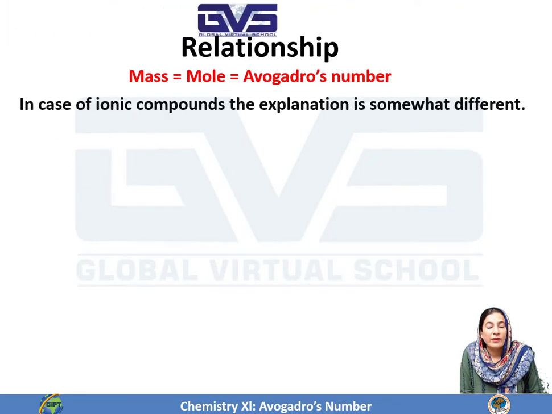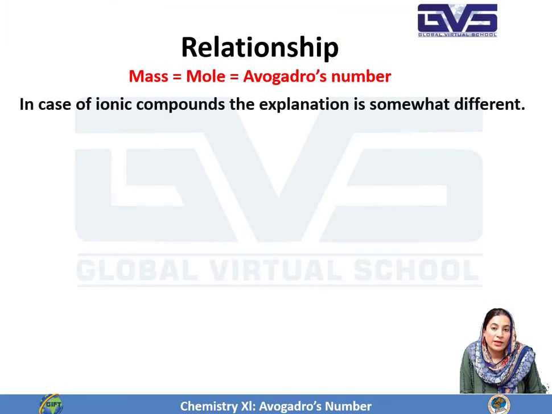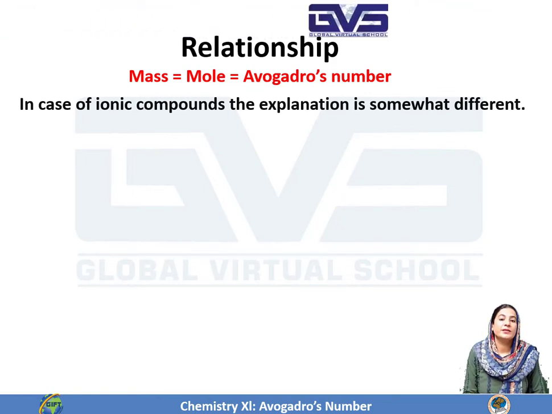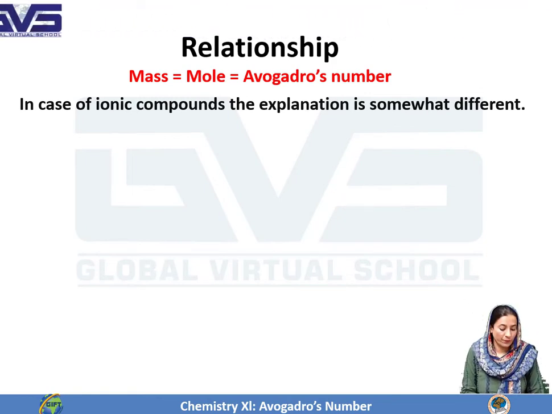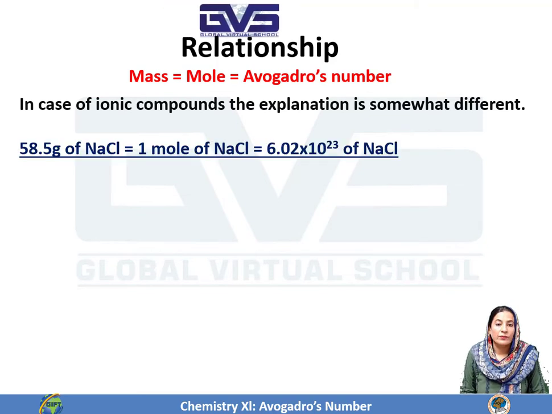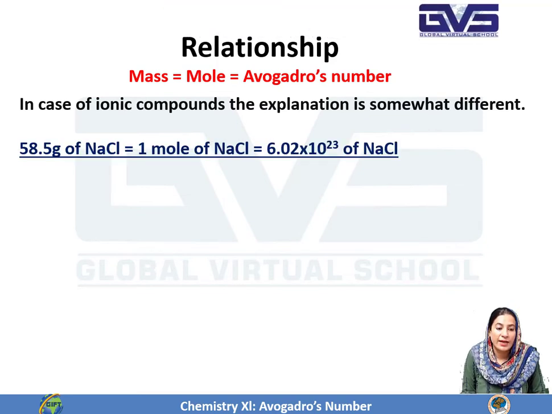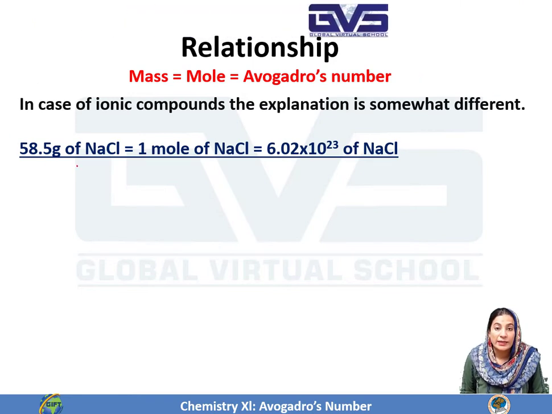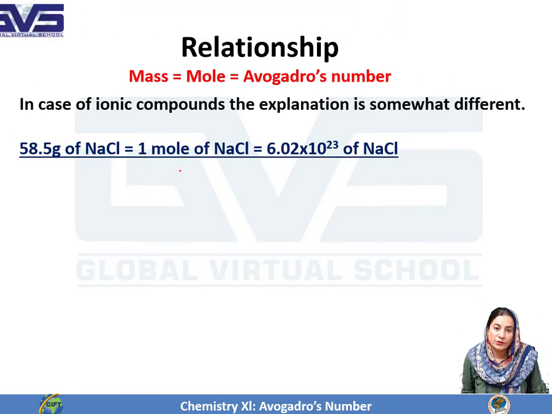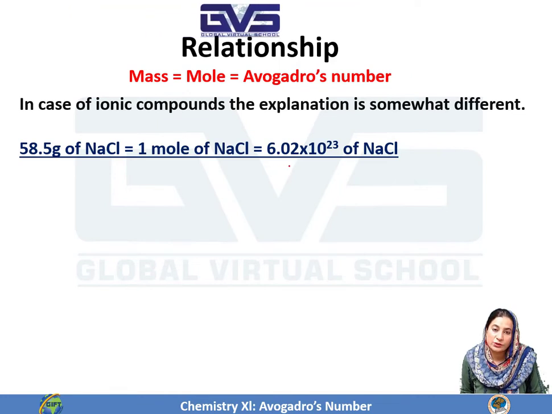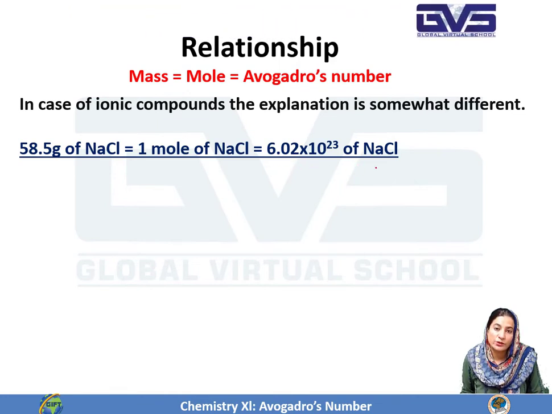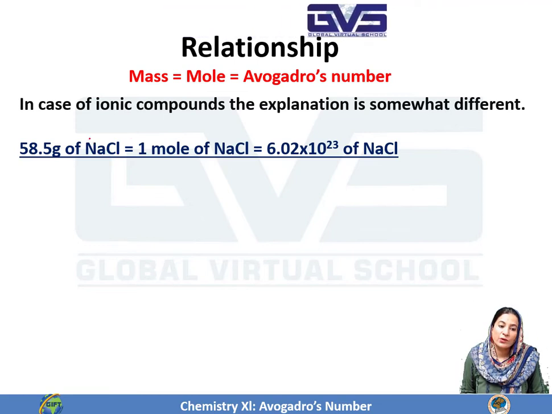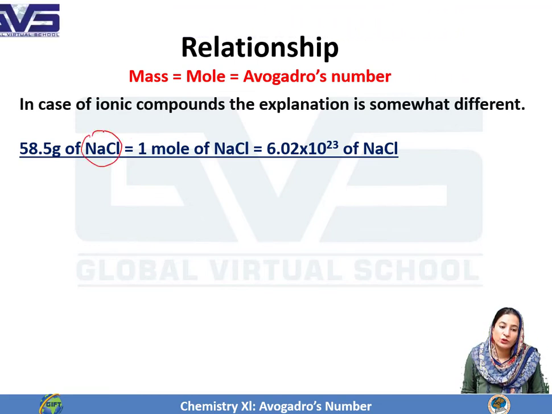But students, when we come to an ionic compound like sodium chloride, the explanation for number of particles is somewhat different. How? For example, in the previous slide, I have taken the 58.5 gram of sodium chloride that make 1 mole of sodium chloride. It contains 6.02 × 10^23 formula units of sodium chloride. This is the condition when sodium chloride is in the form of solid,